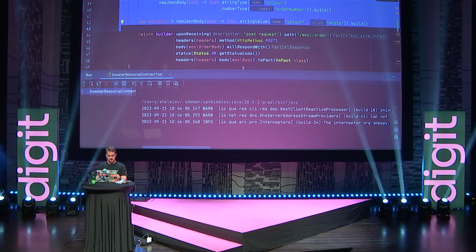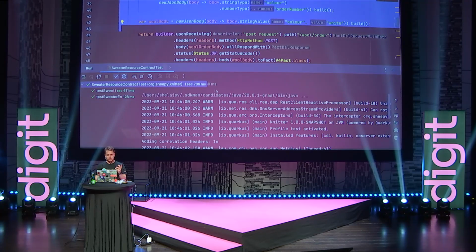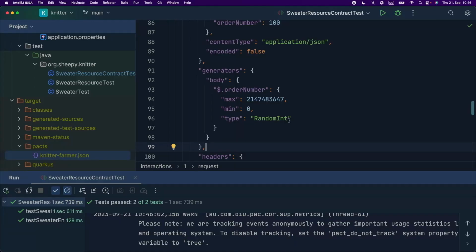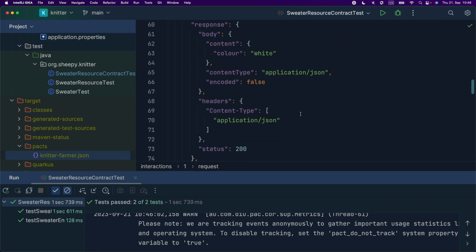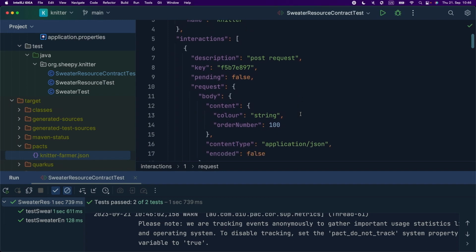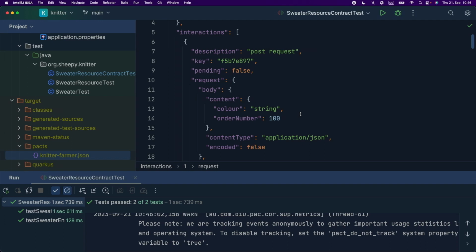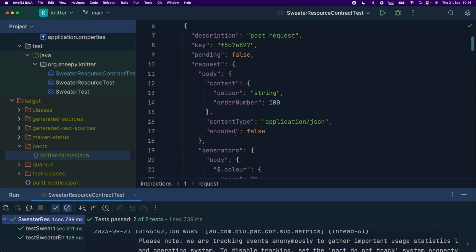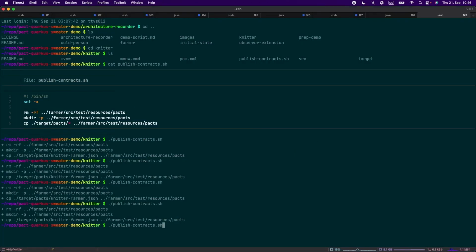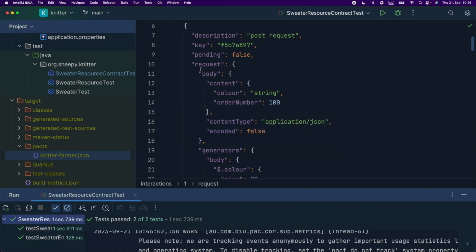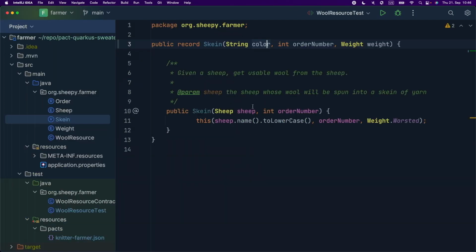it all works beautifully. It should work beautifully, right? It works beautifully. And then it also generates the contracts. And they automatically get into some directory here. And it's just a JSON file that encodes the behavior of those mocks that we created ourselves, right? Like we didn't talk to anyone. We just assumed that the farmer works this way. Creates the mocks. We copy those things into the container, into the farmer, and then we can run the farmer